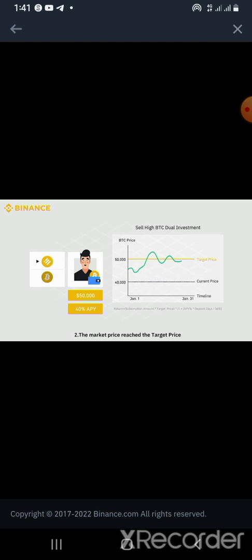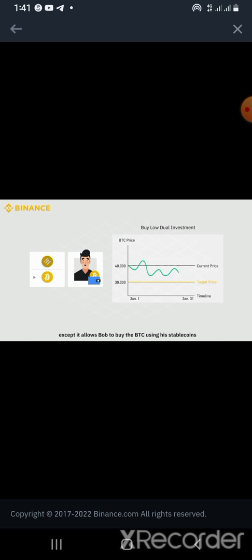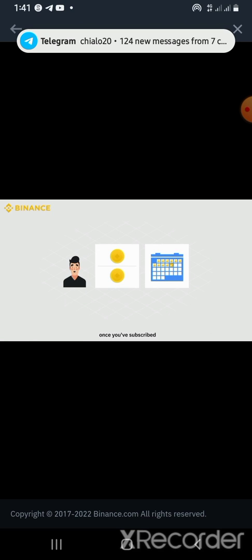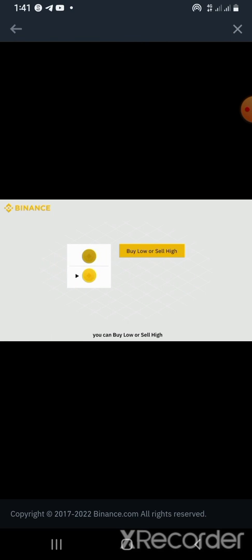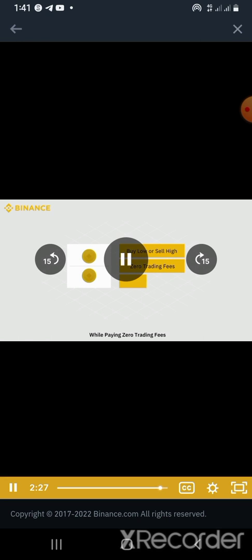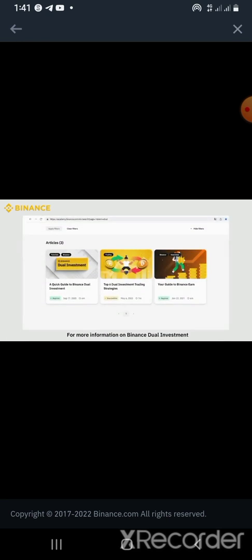Second, the market price reached the target price. Bob sells his 1 BTC and also the interest income of 0.033 BTC at the target price, $50,000, and receives 51,650 BUSD. Buy low dual investment works in an identical way, except it allows Bob to buy the BTC using his stablecoins. Note that dual investment cannot be cancelled or redeemed early once you've subscribed. By using dual investment, you can buy low or sell high, while paying 0 trading fees, and earn a high APY. For more information on Binance Dual Investment,